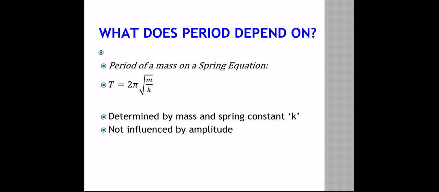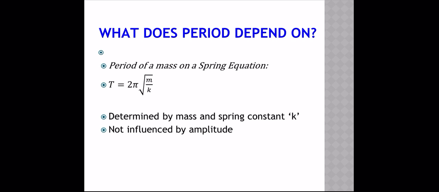And if you look at this relationship, if we have a higher mass, the period will go up, meaning it will take a slower amount of time to complete a full cycle. And the K value, if we increase the K value, what's going to happen to the period of oscillation then? Think about it for a second. Okay, an increased K value means a stiffer, more rigid, more hard spring. That's going to draw the thing back way quicker. It's going to be back and forth instead of